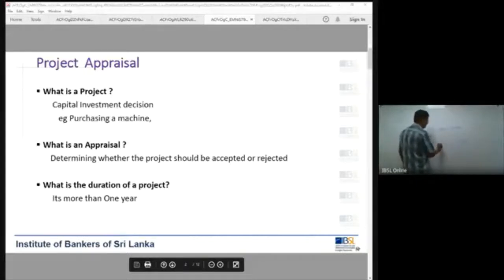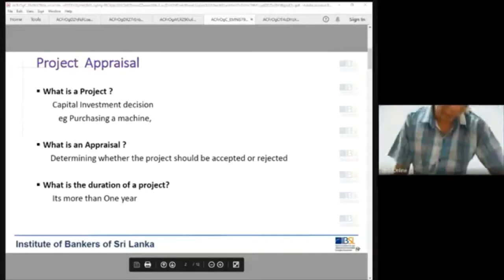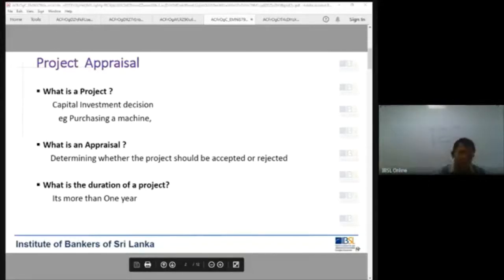So this won't change: the total should still be 10,000. So what happened? The number of shares increased. That is subdivision of shares. So what are the implications? You have more number of shares. When you have more number of shares, the liquidity is high. So the liquidity is high.